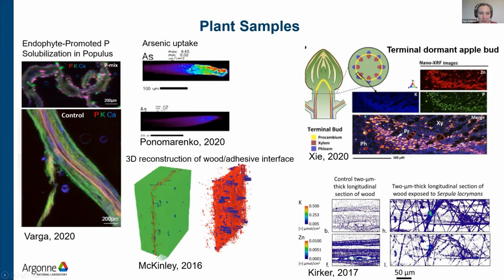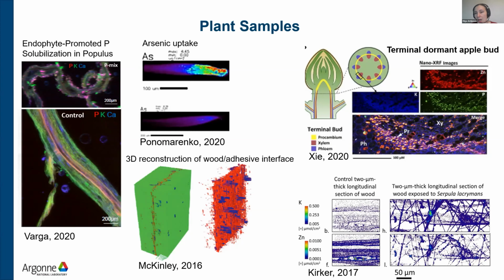And here is an example of imaging of the adhesive connecting two wood pieces, tomography reconstruction from sector 2B beamline. We can also use X-ray fluorescence microscopy and study changes in the elemental distribution in wood exposed to either different environmental conditions or fungus, like you see on the right